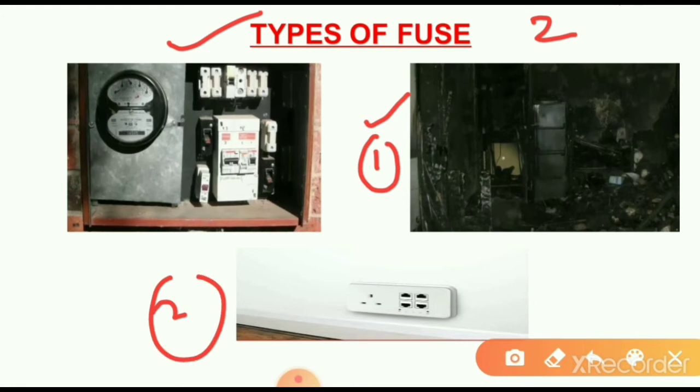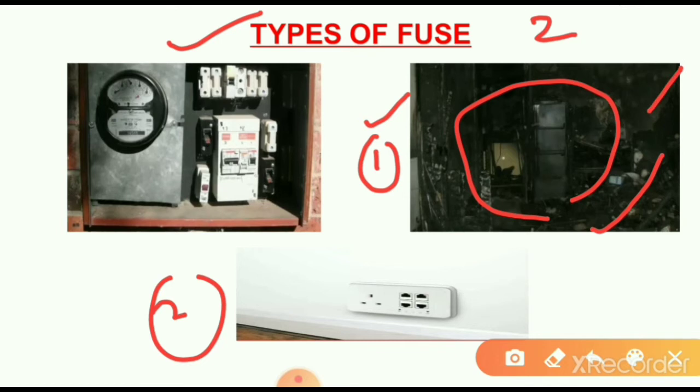Let us discuss the short circuit. Observe this image. Why is it happening here? A short circuit occurs due to direct touching of the wires. The touching of wires leads to short circuiting. When a short circuit happens in an electrical socket, it will look like this, and the electrical appliances will be damaged.